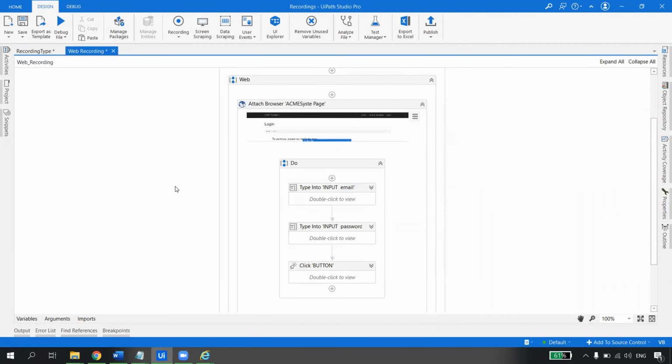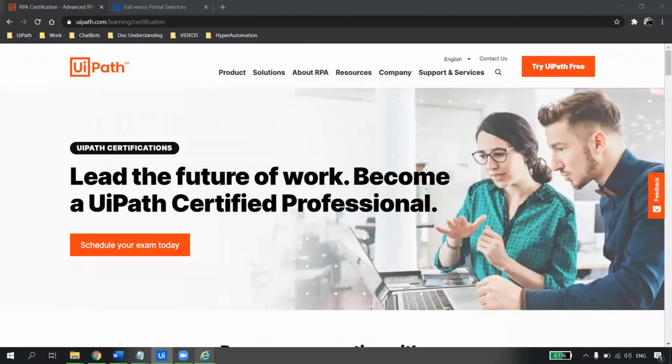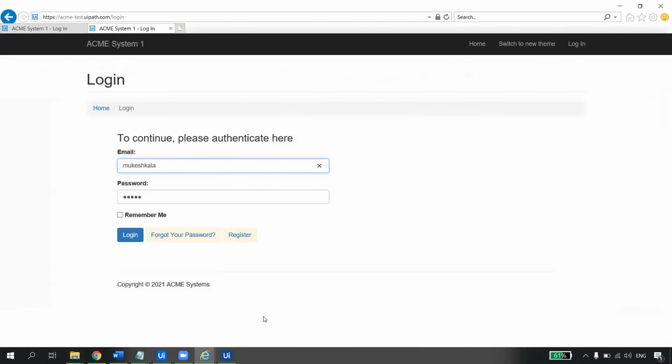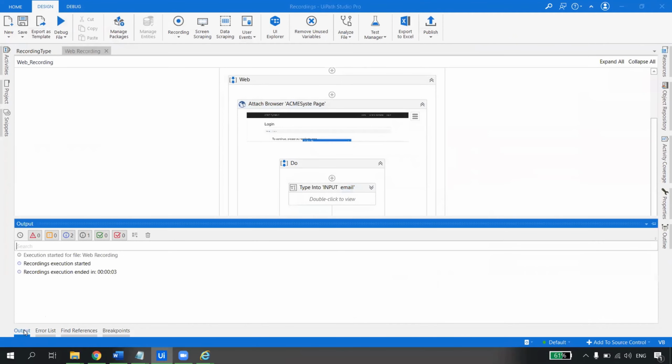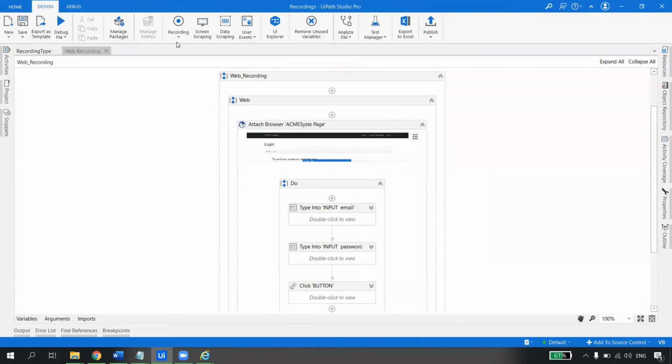Let me go ahead and try to run this automation once. Let us see if it is able to run. I will go here and run the file. It will go to the Acme URL. It will type the URL and type on the login. Can you see it was so quick, right? So that is how you can use the recording button and use the different types of recordings. Now do you understand the difference between desktop and the basic and the web? Do you understand this concept clearly? Yes. Okay.